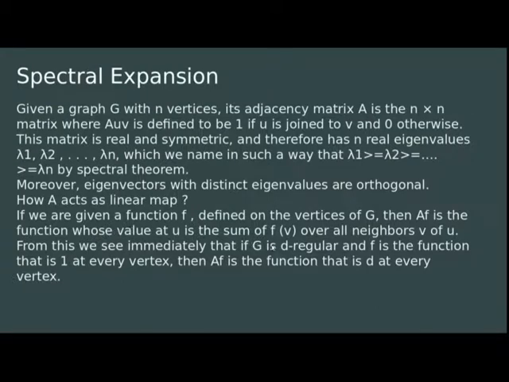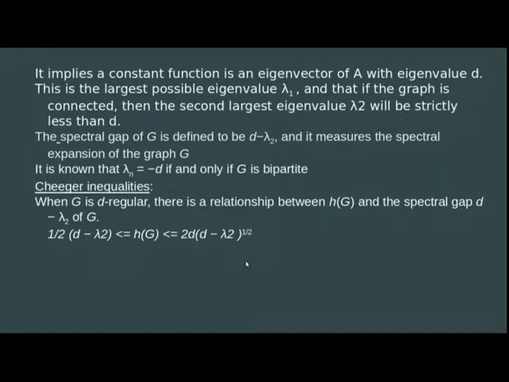From this we see that if G is a d-regular graph and f is a function that is 1 at all vertices, then Af is a function that is d at every vertex. This implies a constant function is an eigenvector of A with an eigenvalue d. This is the largest possible